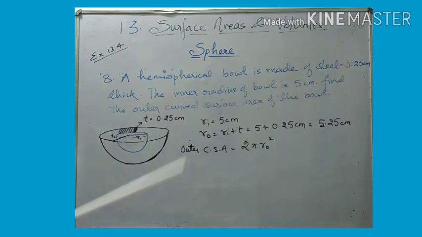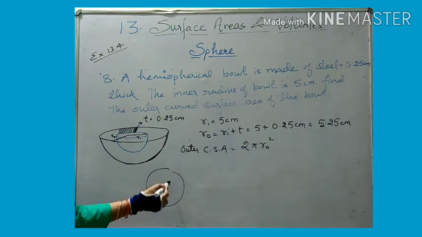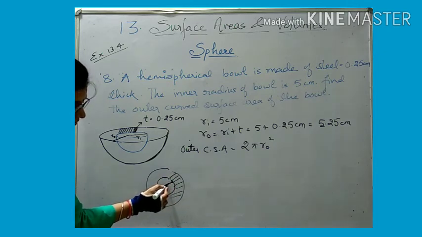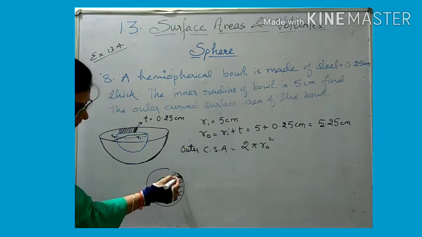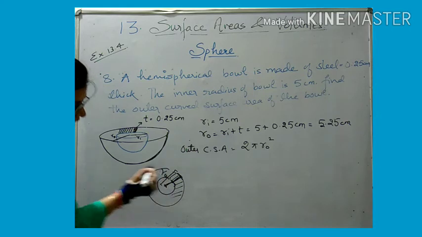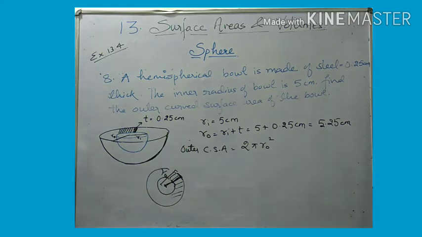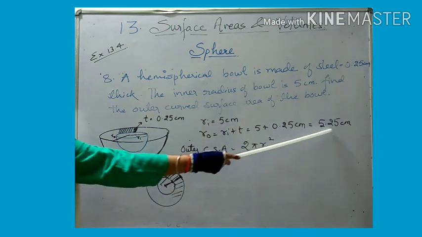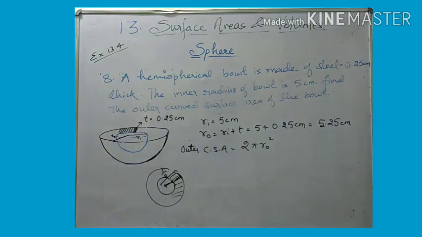This outer radius will be, what is RO? This RO will be inner radius plus thickness. अगर ये अपन सर्कल ले रहे हैं, ऊपर से देख रहे हैं, तो क्रॉस सेक्शन इफ वी आर टेकिंग, तो ये हो गया इनर और ये हो गया थिकनेस. क्लियर? सो दिस रेडियस प्लस दिस थिकनेस, ये आपको क्या देगा? आर आउटर. मतलब आप अंदर वाले रेडियस में उस थिकनेस को जोड़ दोगे तब आपको क्या मिलेगा? आउटर रेडियस. तो व्हाट विल बी द आउटर रेडियस? आर आई प्लस टी थिकनेस. कितना आया? 5.25 सेंटीमीटर.